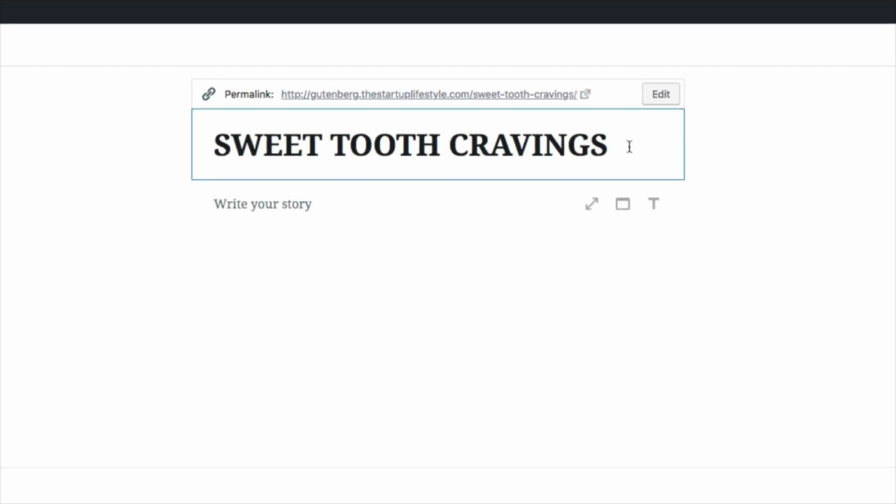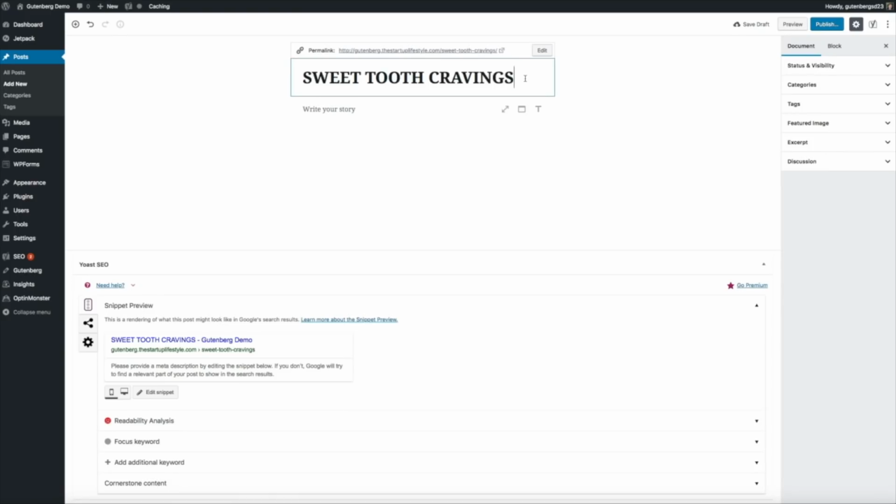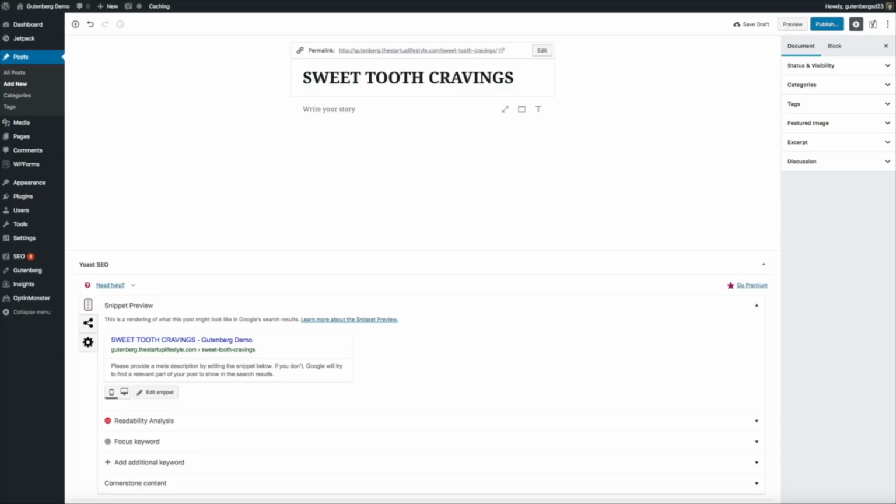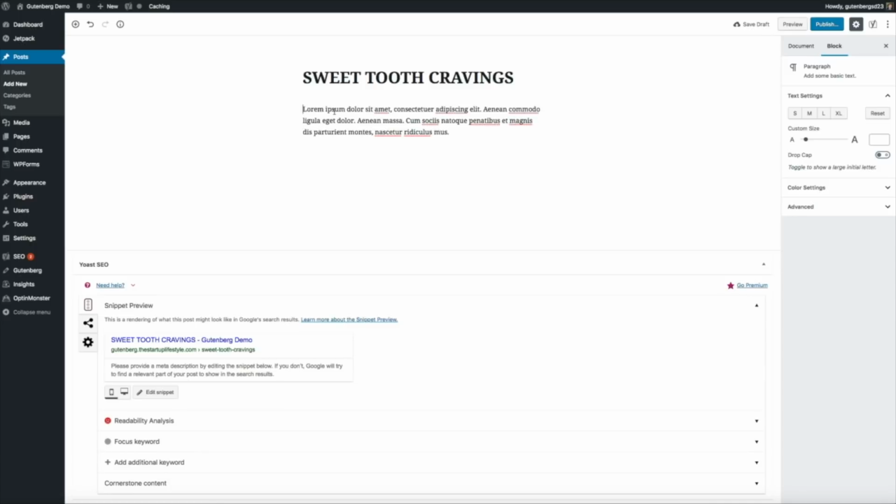All right, moving on. Next, let's start adding content. So where it says Write Your Story, this is where you would place your cursor and begin typing. However, for the sake of time, I'm going to simply paste some dummy text, but you'll get the idea. Now, as you begin to write, it creates a block, and each section has the ability to contain a different